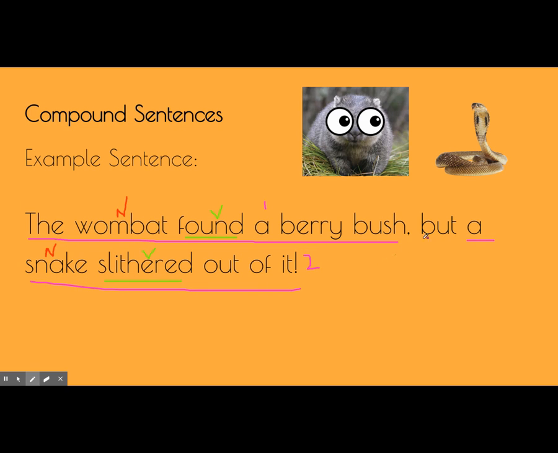All right, so I could just get rid of these two words here. I could turn this into a period instead, and I could capitalize this A. The wombat found a berry bush. A snake slithered out of it. I could do that, but I'm not going to. What I want to do is combine these ideas together. So I have this sentence here, and I have this sentence here, and I'm going to combine them together with a comma